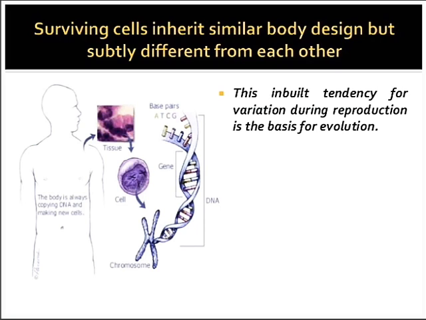Due to this difference only, a brother and sister born from the same mother have differences between them, but still we can claim that the body design is similar in both. Why? Because there is no change in the blueprint of the DNA, but there are minute changes in the DNA which bring very little changes in other phenotypic characters.